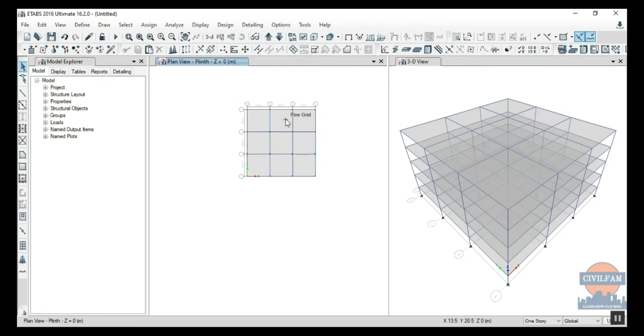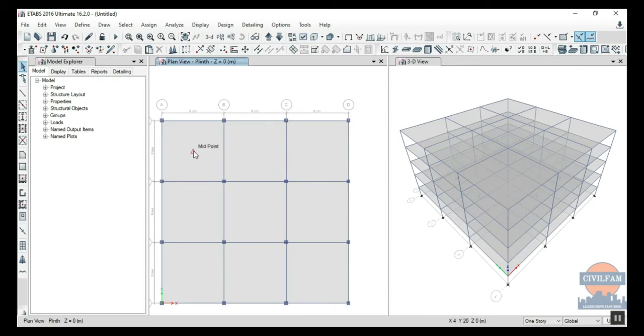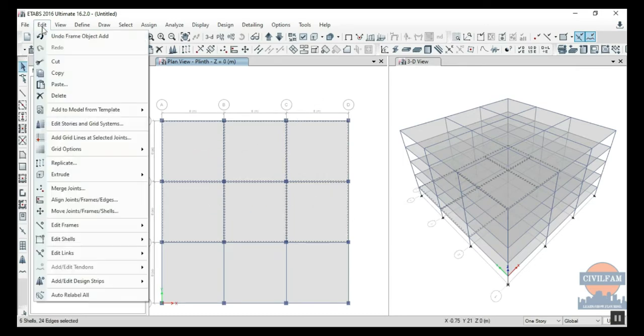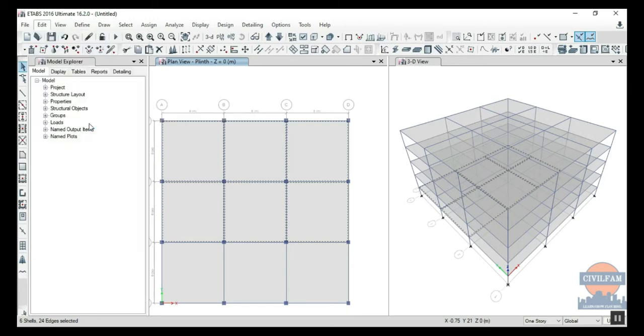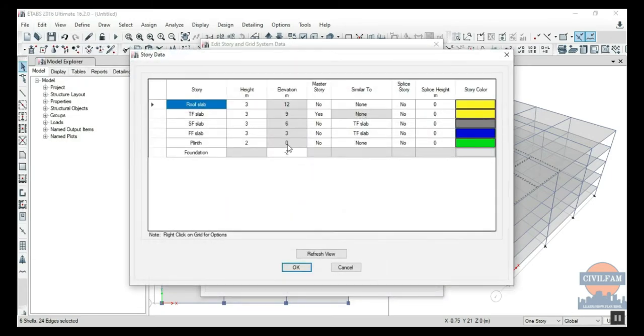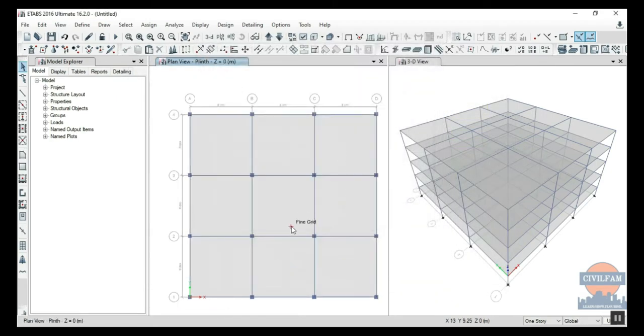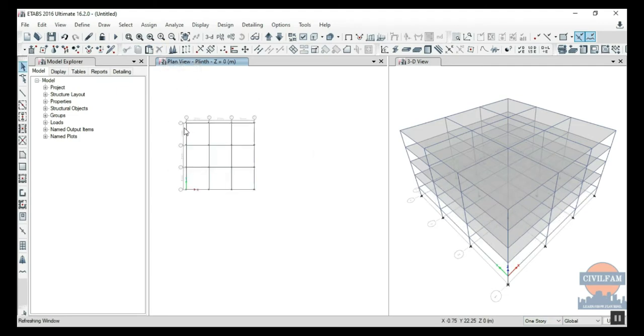Next, coming up, plinth level. Generally at plinth level we don't provide any footings. If it is ground level we don't provide anything. And right now this building in particular is at ground level itself, it's a 0 meter elevation, so we don't have to provide slabs even here. Just make sure in one story you select all these slabs and just delete them. Okay,